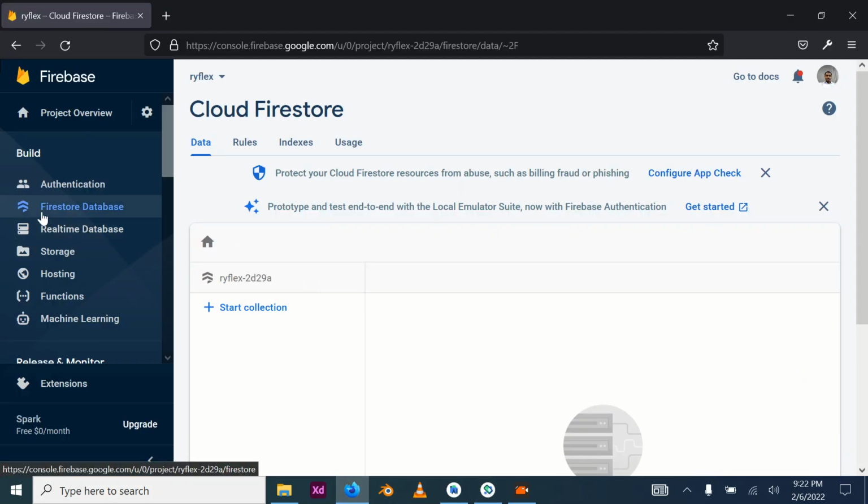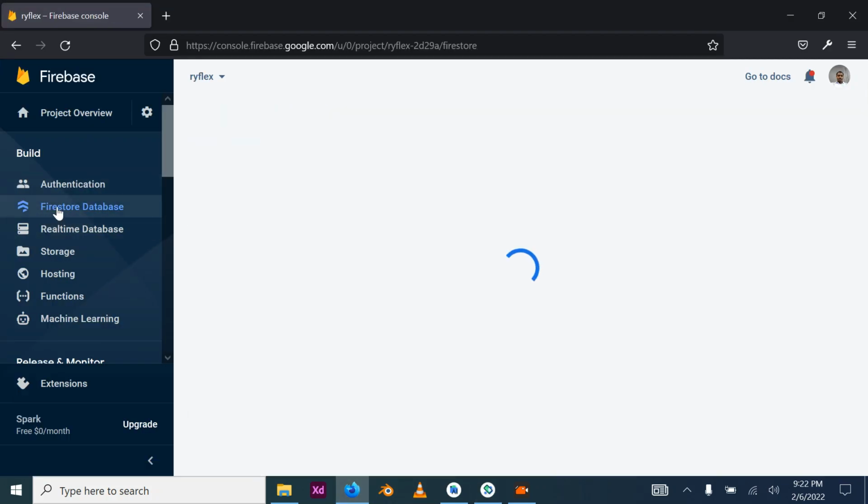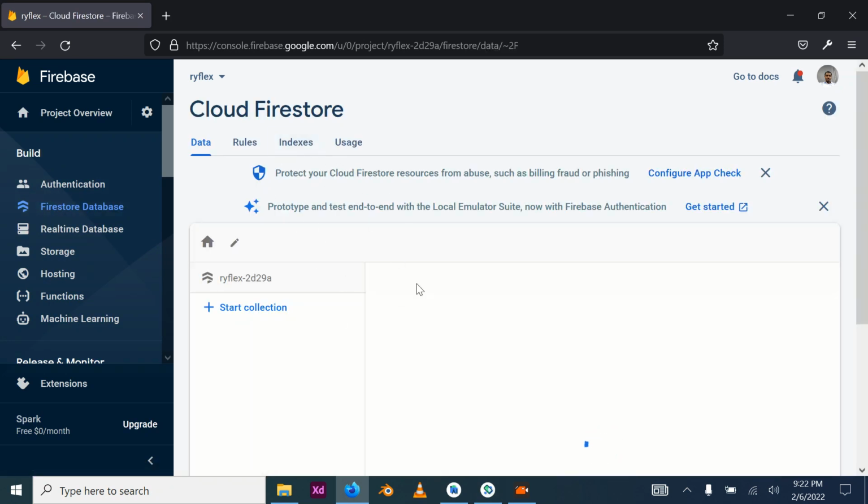So the first thing we need to do is to click on Firestore database. I've clicked it before. It takes me directly to this place. If this is your first time of opening it or clicking on it, click on create database and accept the default config. And when it asks whether you want to start in production mode or in test mode, please select